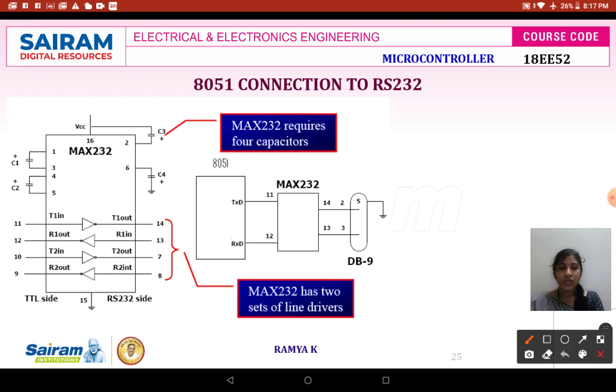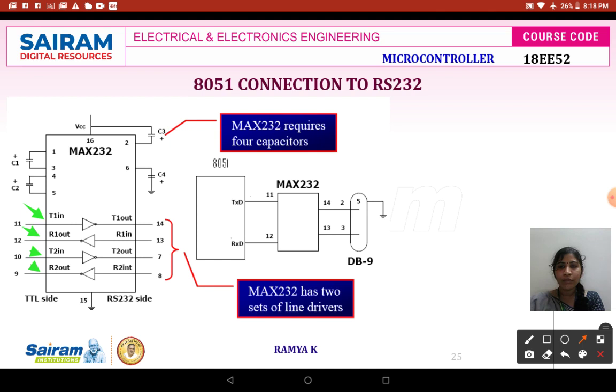In this, you have two transmitting ends. Here you have 4 line drivers: first, second, third, fourth. Among these 4 line drivers, 2 are meant for transmitting your data and 2 are meant for receiving your data.